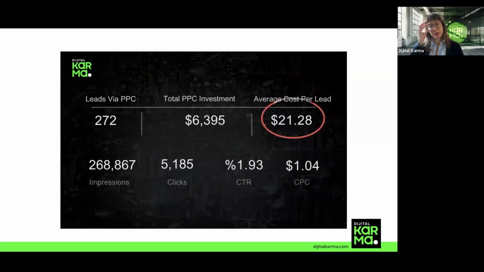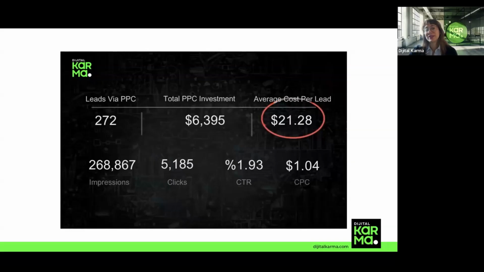When we look at their PPC numbers, they have 272 leads, including web forms and calls. Total PPC investment, including ad spend and agency fee, is 6,395, and the average cost per lead is 21.28. Almost 270,000 impressions, more than 5,000 clicks, CTR is 1.93, and cost per click is $1.